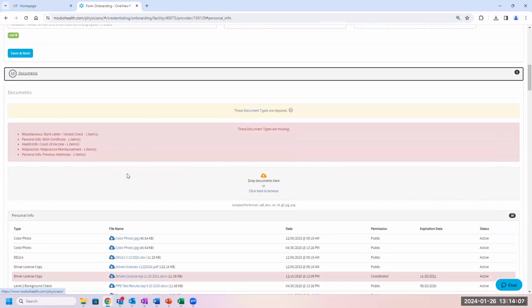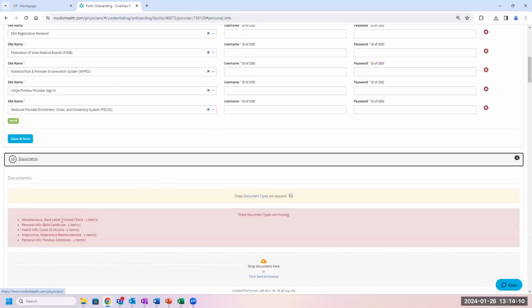Documents as well, this list will get shorter for you as those documents show up in the system, but it makes it really simple because all the provider has to do is click here to browse, or they can drag and drop those documents in. So it couldn't be easier for the provider to upload or drag and drop those documents in. I know for a lot of providers, they really like having this interface because they feel more secure about uploading their sensitive documents and information directly into their profile rather than having to email that or sending it through other